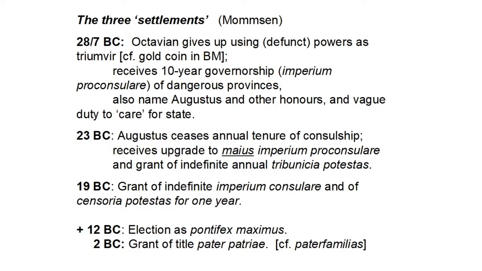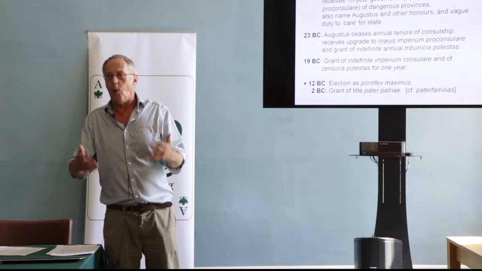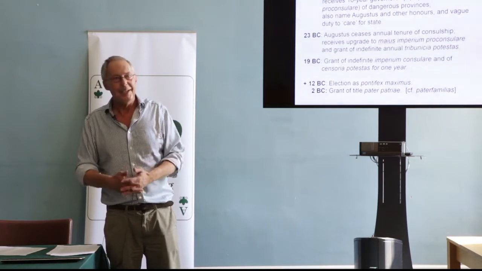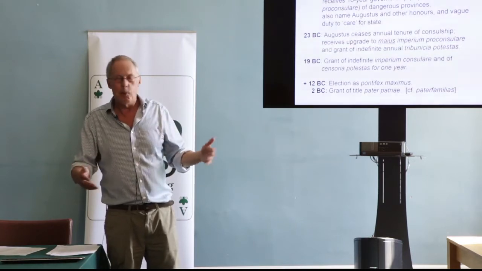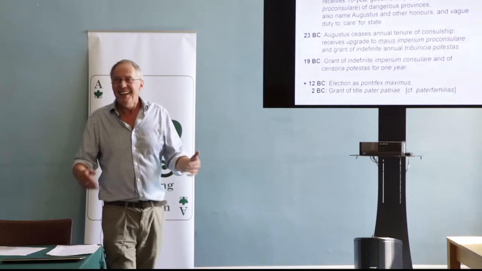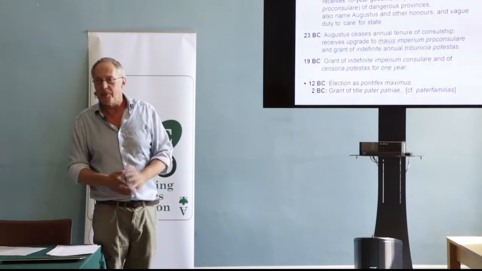That's because Mommsen was a German senator, a historian, but also a politician, who lived through the unification of Germany in the 19th century, which was achieved by a series of progressive settlements between the Prussian monarchy and the Länder, the various German states. And so Mommsen immediately interpreted how Augustus establishes the Principate as if it were the unification of Germany, right? And that's why we're stuck with this idea of there being 3 settlements.